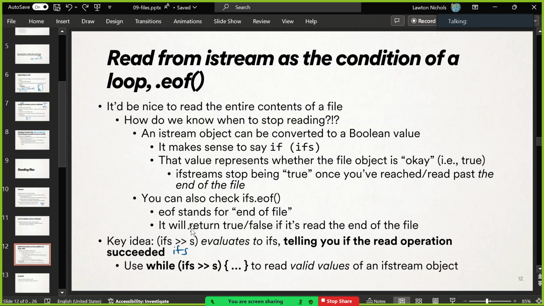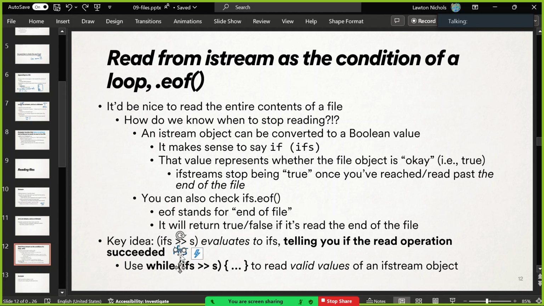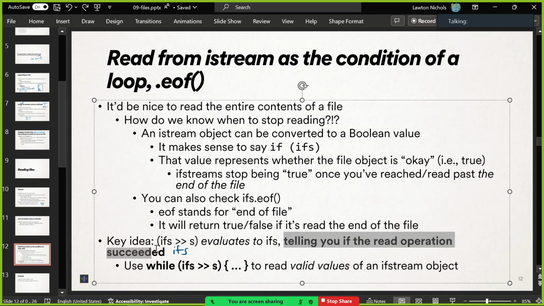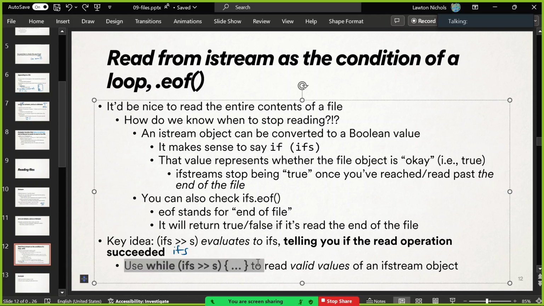That's the key. All right. This evaluates to ifs, so it becomes ifs after it tries to read, and then ifs will tell you if it's true or false. It'll tell you if it succeeded. If it's still true, it worked. If it's false, you should not look at s right now because it did not successfully get a new value into it. So all of that taken together means that you can do this,